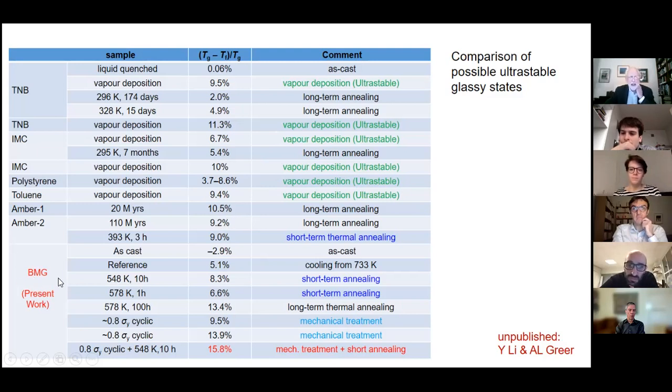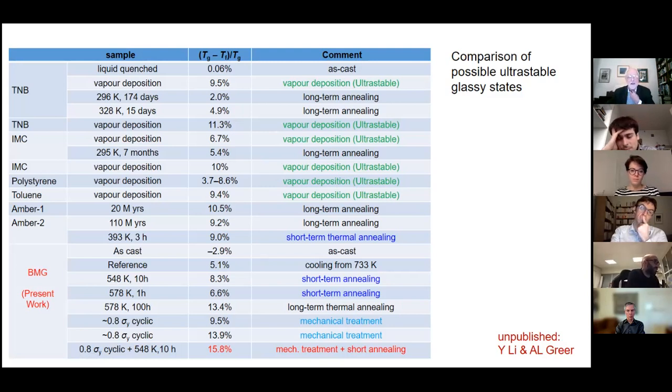If you take our BMG, it's a zirconium-based system, you can do annealing and you get some reductions. You get quite a large reduction on just long-term annealing. If you do ours, it's essentially the loading of that notched cylinder in tension, but oscillating the stress a bit, and adding on a little bit of low temperature anneal, we get about 16% shift of T fictive relative to Tg. So again, I'm not remotely claiming that this is the same structure as you would actually get by some other method, but it is remarkable that you can get to such low energies,